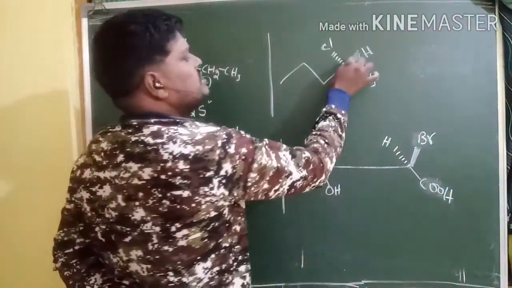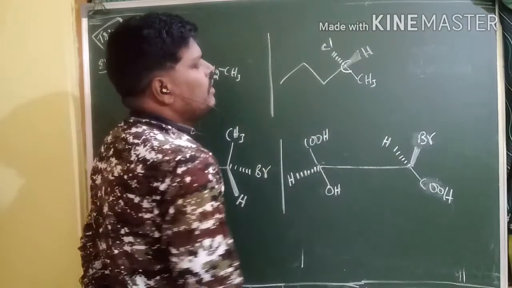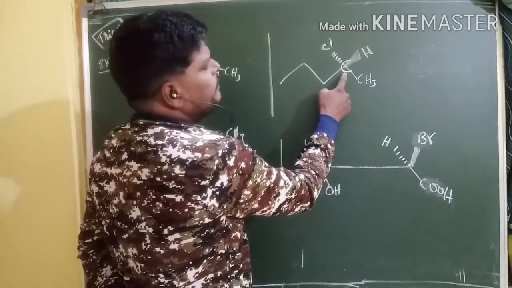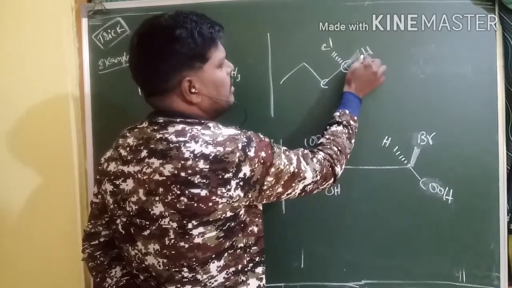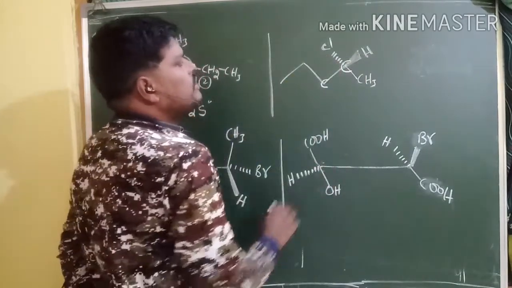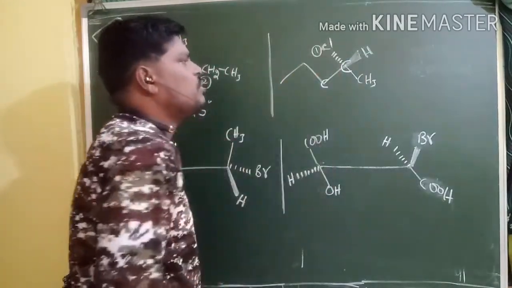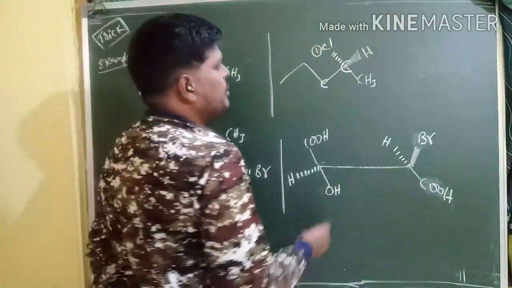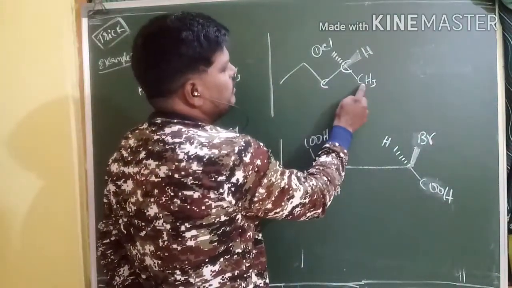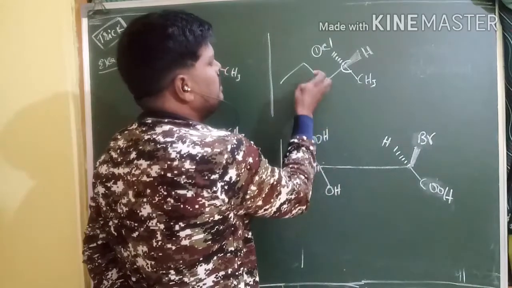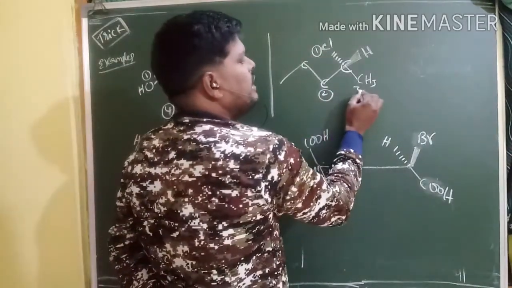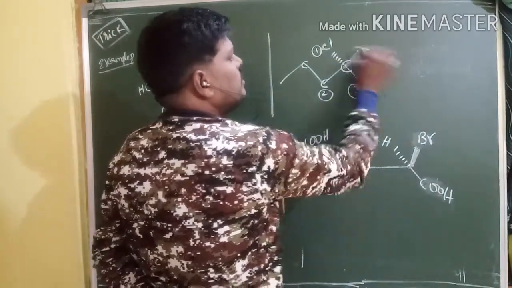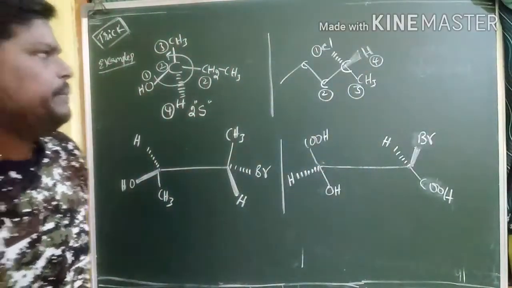Here also, this is the chiral center, sir, and this carbon is surrounded with carbon, carbon, hydrogen, and chlorine. So chlorine is the first priority because it has the higher atomic number. Next, second priority: here carbon, carbon, but the next one is hydrogen, while here the next one is carbon. That's why this is the second priority. And third priority, and the least priority here.